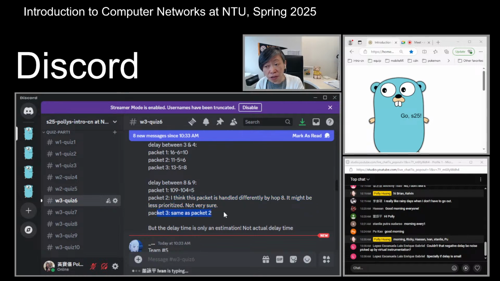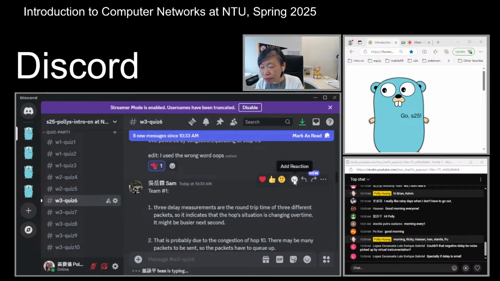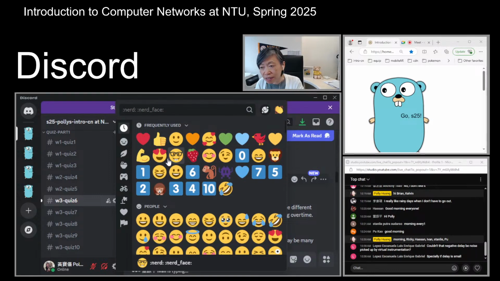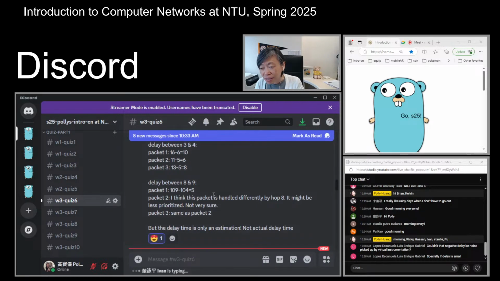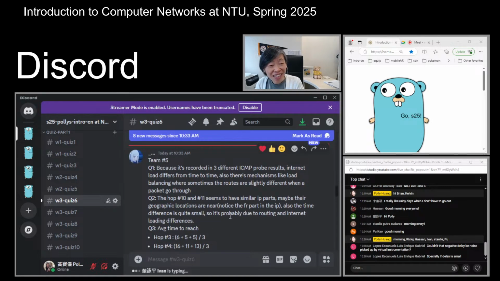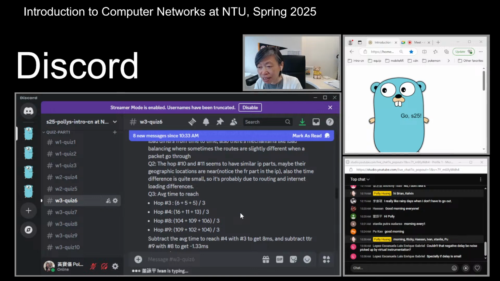Yeah, so for the third pair, it's also odd, right? So you get only one measurement. The delay is only an estimate, not actual delay time. Yeah. So I think team 1 here is very articulate. Very good. Yeah, they felt that this is just one measurement. This does not represent the general delay between hop 8 and 9. Yeah, exactly. So guys, now you see a little bit why you take these math courses such as statistics. All right, so